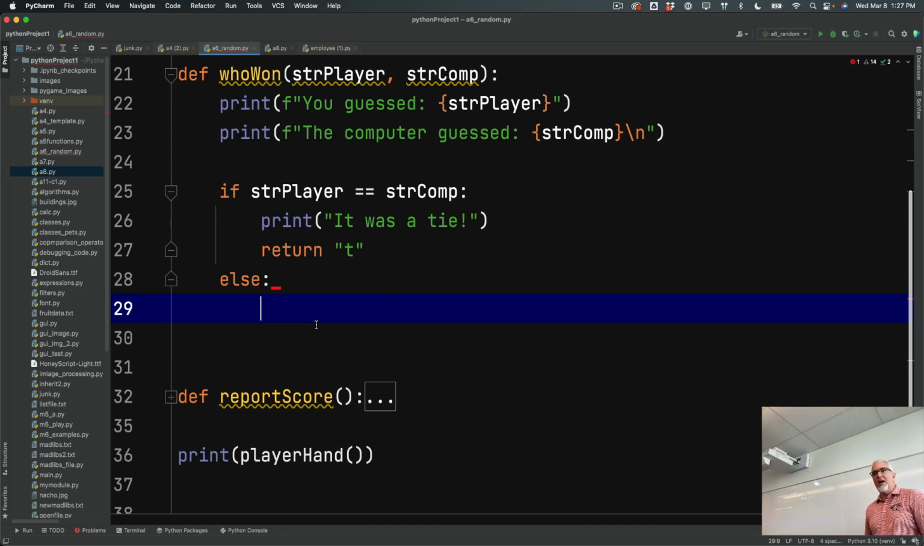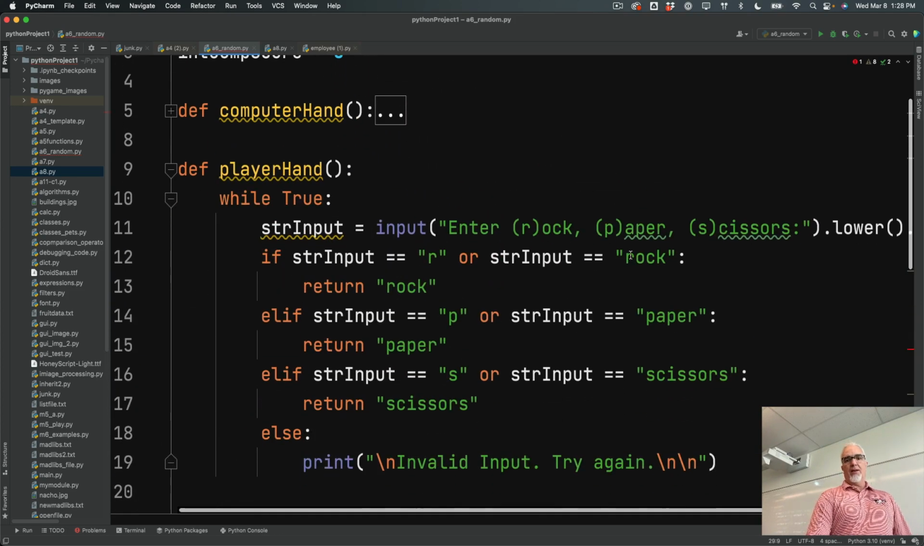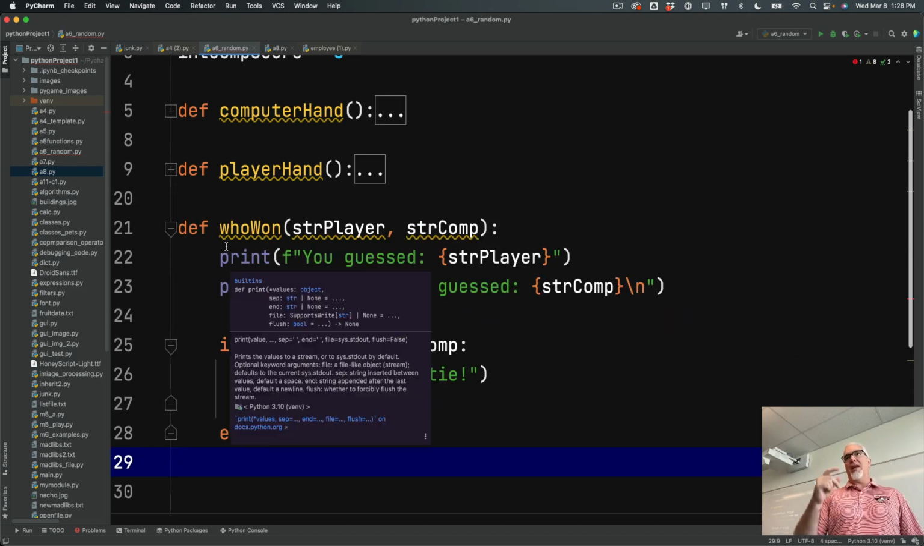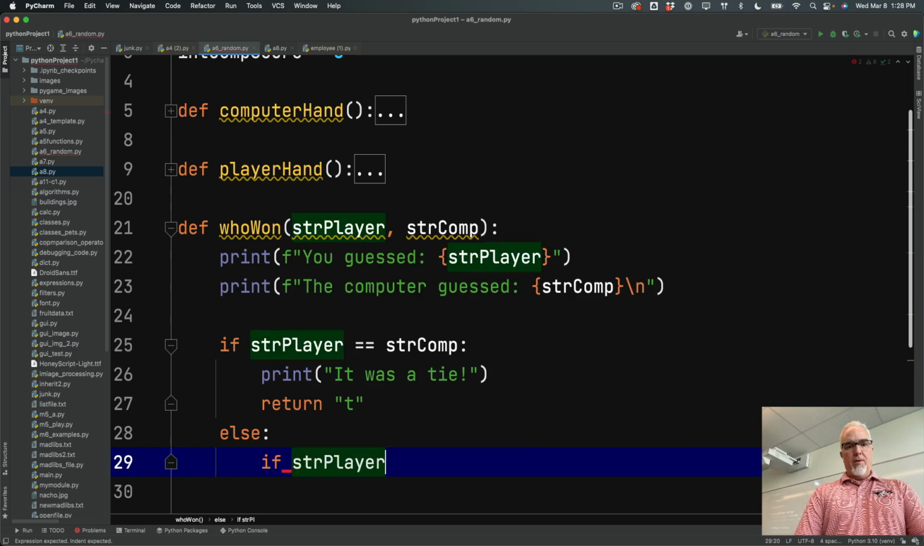Now this is where I find it really helpful to stick to a pattern. Since the game is called rock, paper, scissors, you'll notice up here in player hand, I did it in that order, rock, paper, scissors. If I always do things in that order, it keeps things simpler for my little tiny brain, and that helps me. So if str player equals rock,